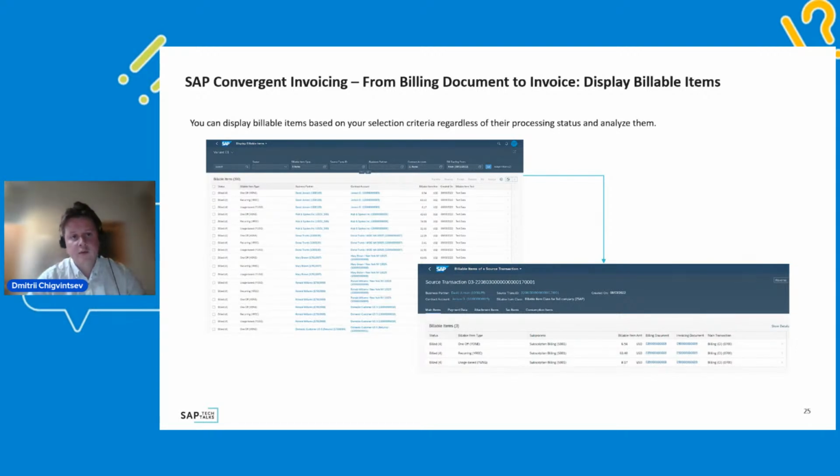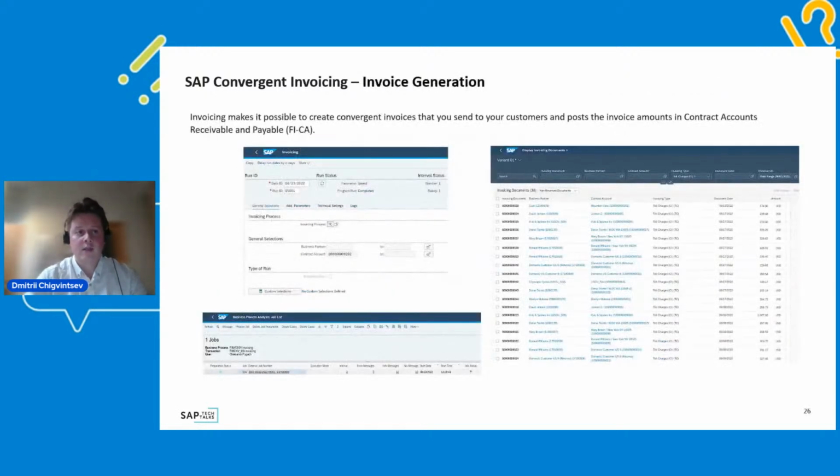But again, if you talk about very large enterprises, in most cases all manual activities are restricted because of the volume of data. But anyway, it's possible if there are cases like that. Okay, so